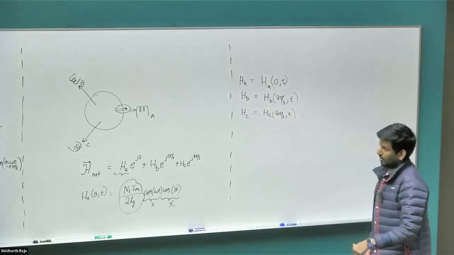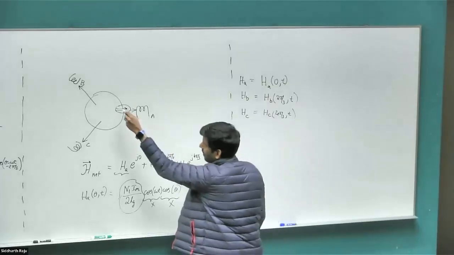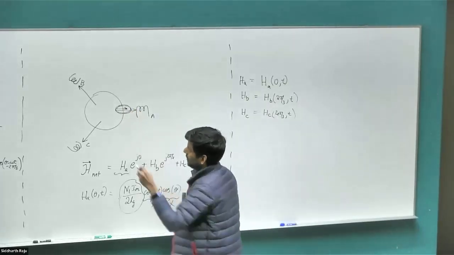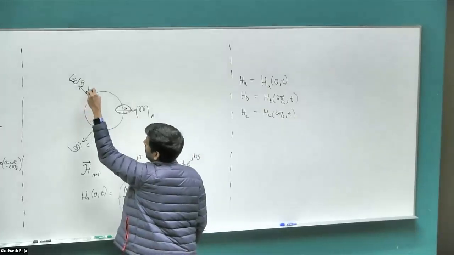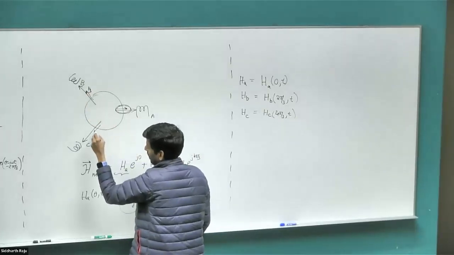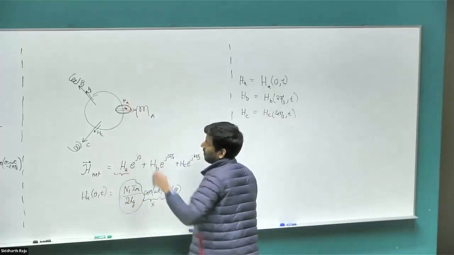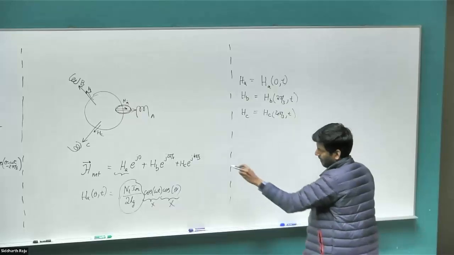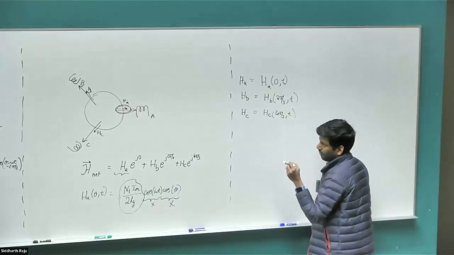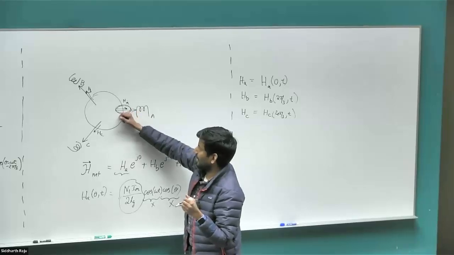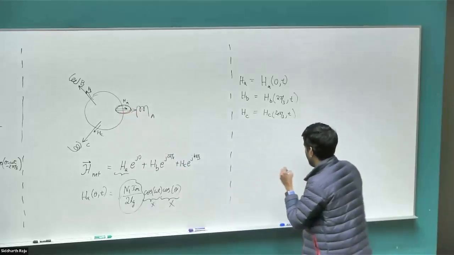Right, so we're only going to look at what the H field for the A phase is at its own peak angle, what the H at B phase is at its own peak angle, and what H at C phase is at its own peak angle. Right? And then we are going to plug it into this and sum them up. So what we are doing is taking the H in the air gap and representing it as a vector. So we have